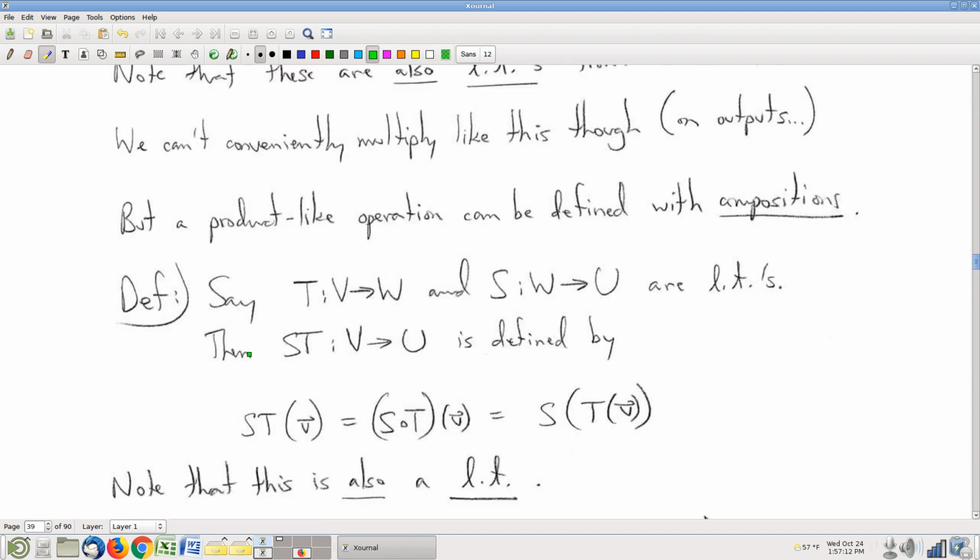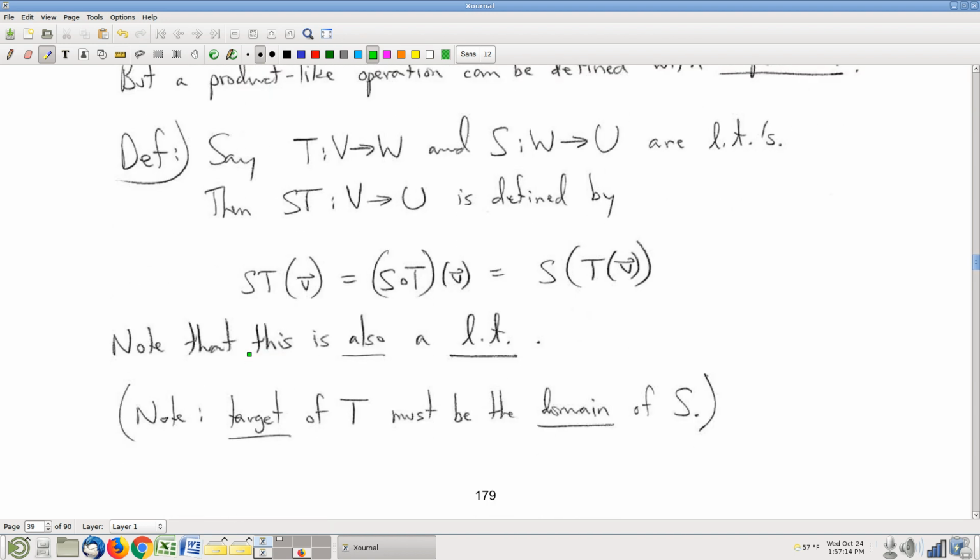What you can do is make this definition here. This is going to seem like a pretty arbitrary choice. I guess it is. But it turns out that with this choice, some really natural things happen. So we're going to go ahead and follow down this road, even though it's not clear what the motivation is at this moment. But here we go. If you want to multiply two linear transformations,